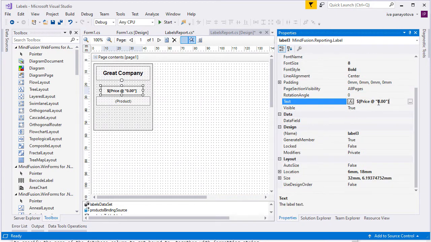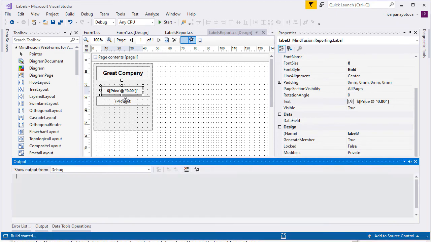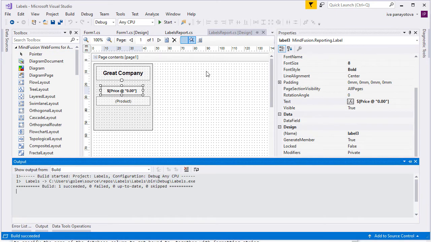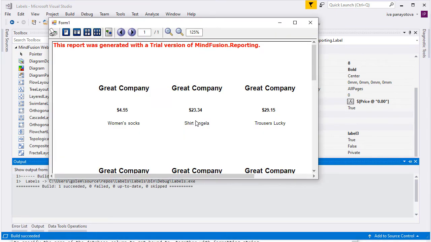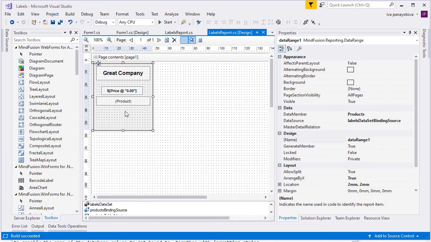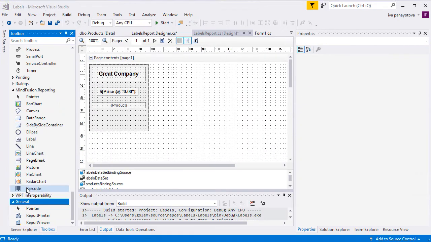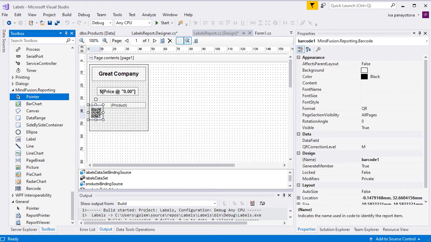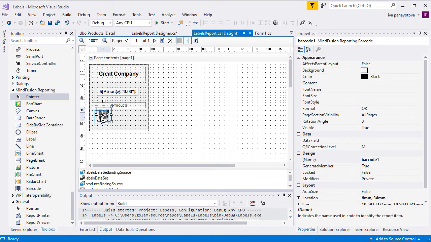The syntax requires us to place the text in square brackets. Now if we run the report as you see, we will have again the price, but this time with the dollar prefix and formatted. Let's add the barcode to the label. We drag and drop the barcode control and make it high enough to render the label.